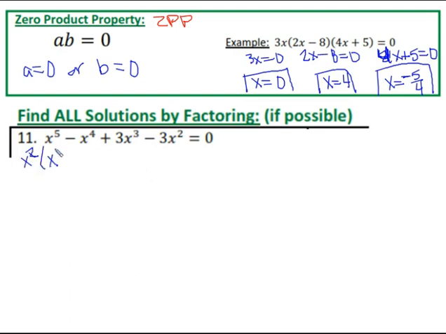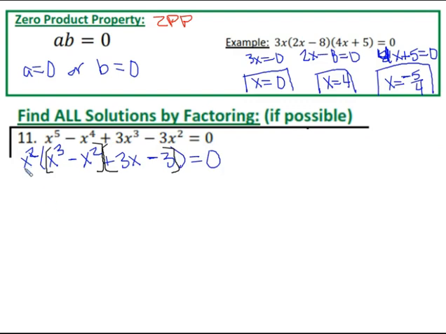So I'm left with x to the third minus x squared plus 3x minus 3, and all of that equals 0. So that's all nice. We have one piece that's showing up here, just kind of like the 3x showed up here, but we want to try to factor as much as possible. So take a look at what we have left inside the parentheses. We have 4 terms, which means we could probably do factor by grouping. So if we take a look at our first 2 terms and our last 2 terms,